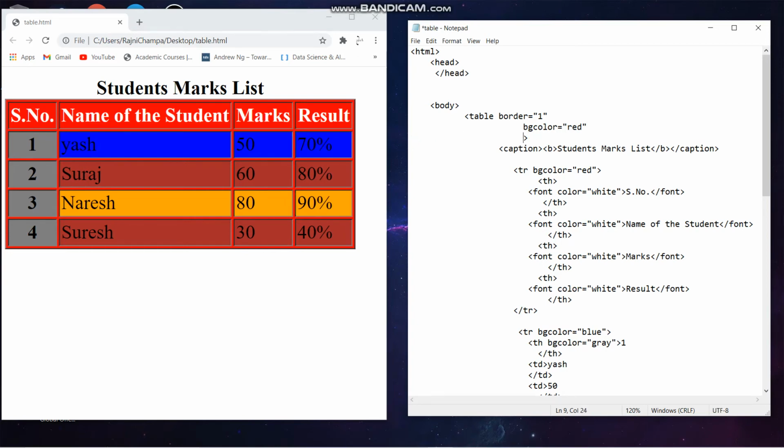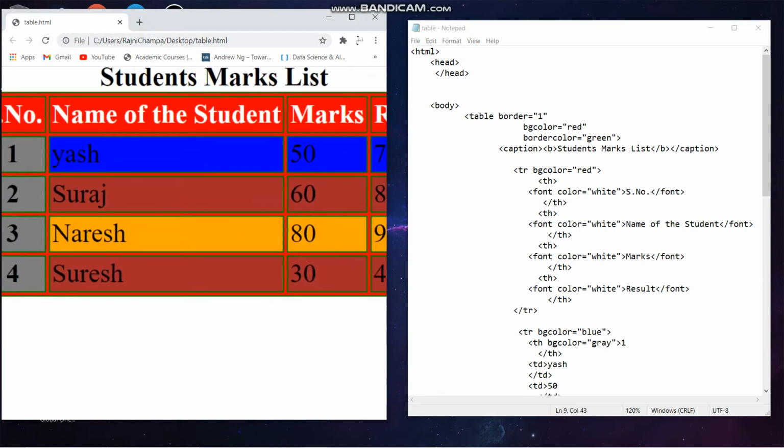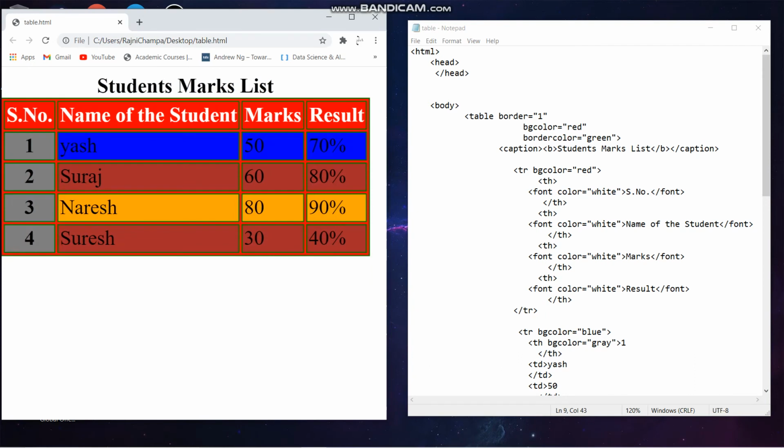You can also add colors to the border. So what I'm doing here is giving color to the border, that is border color equals to green in double inverted commas. Save it, refresh. So here you can see the green color. I have to just magnify it so you can see it. I'm deleting the border equals to 1, so that I can